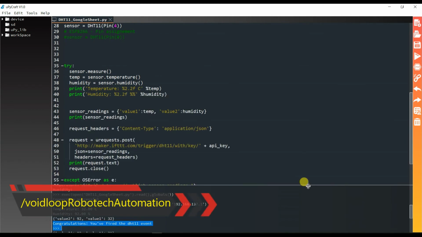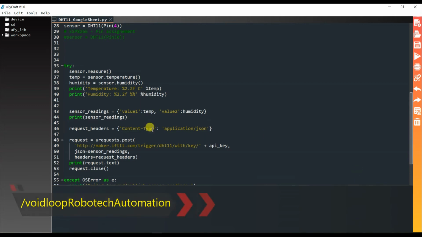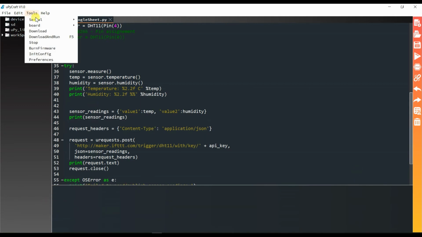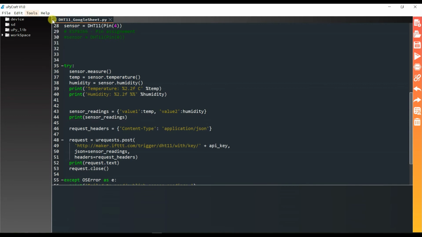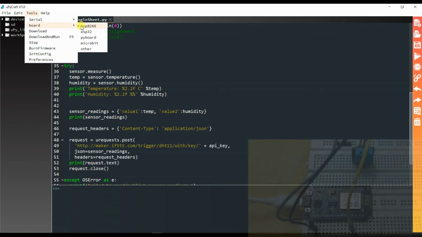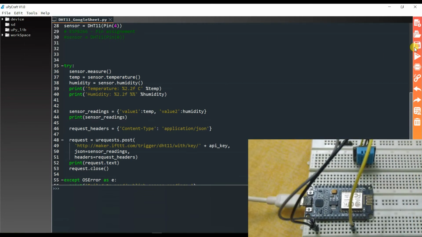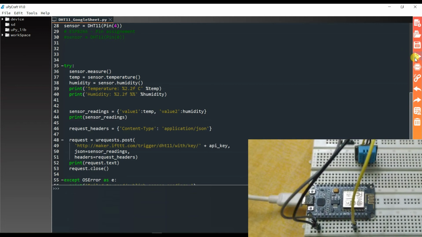Now I will upload in ESP8266 board. I will change here COM port 3 and here is ESP8266. I will save and run.